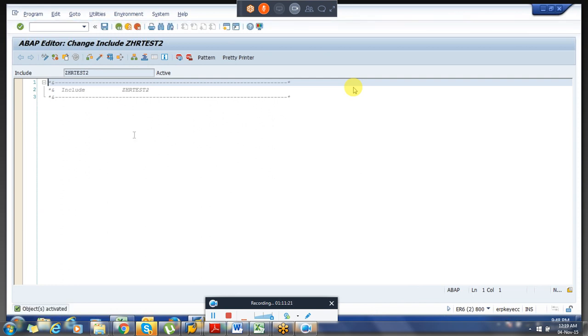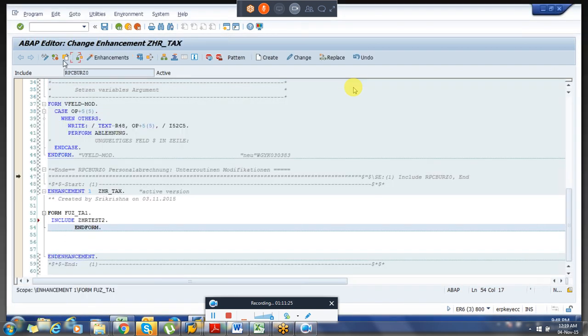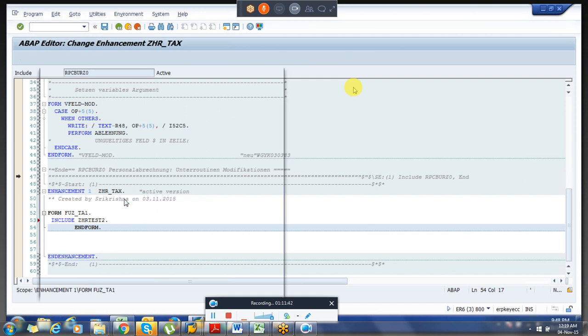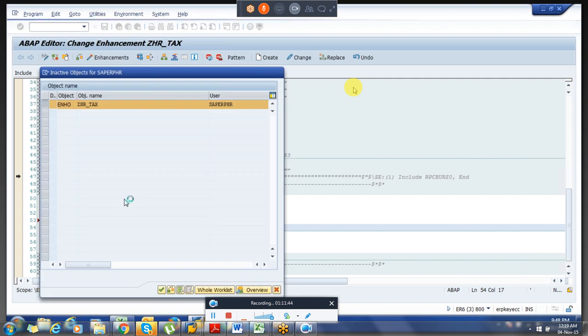So if you go here to the program, now if you go for check or if you activate the enhancement, this ZHR underscore TX is the enhancement.